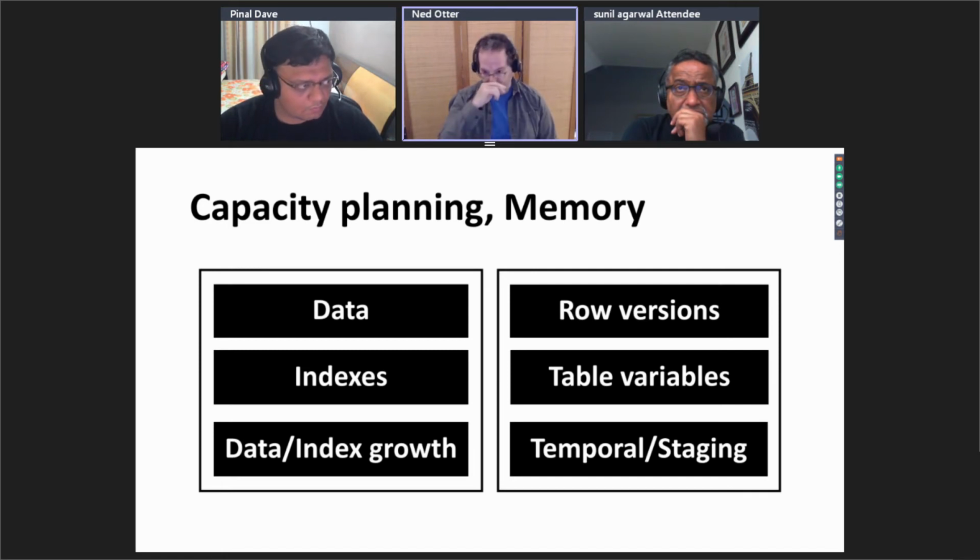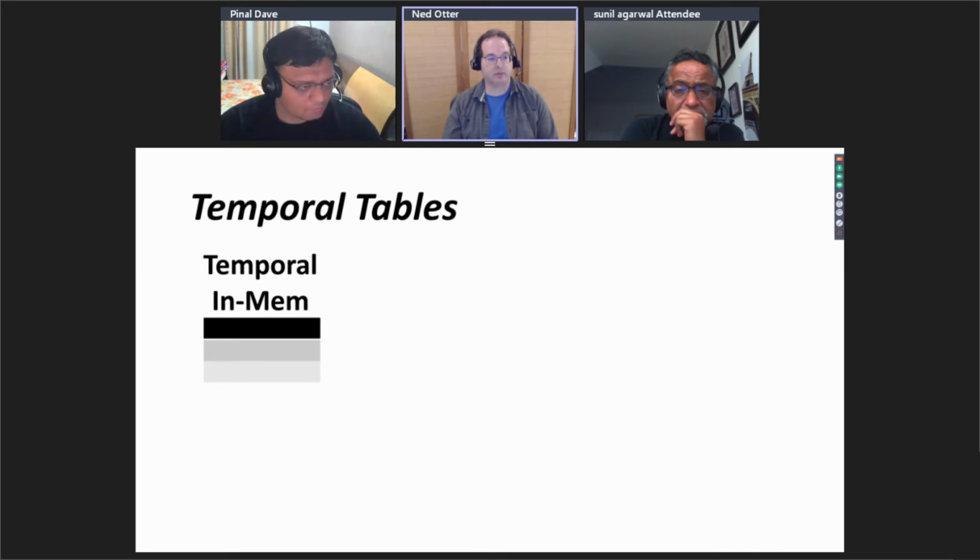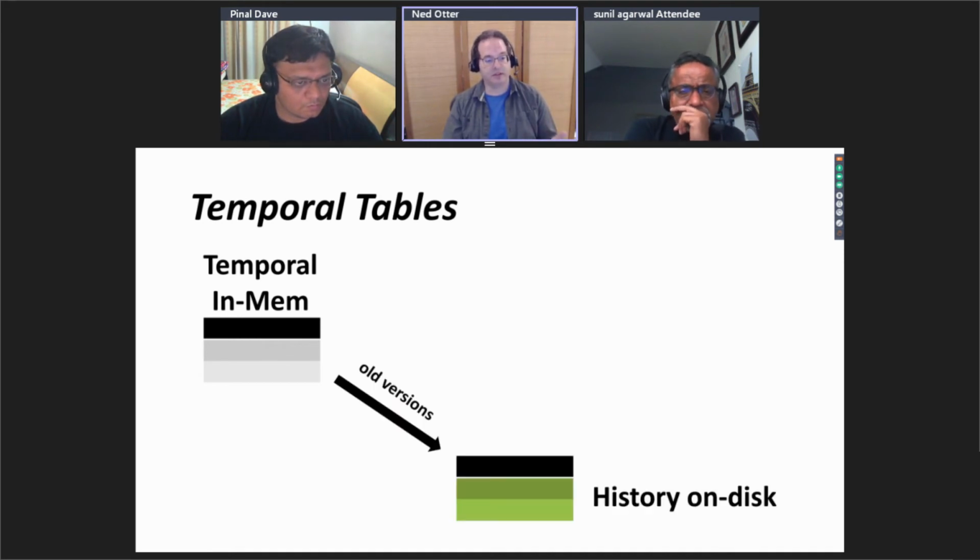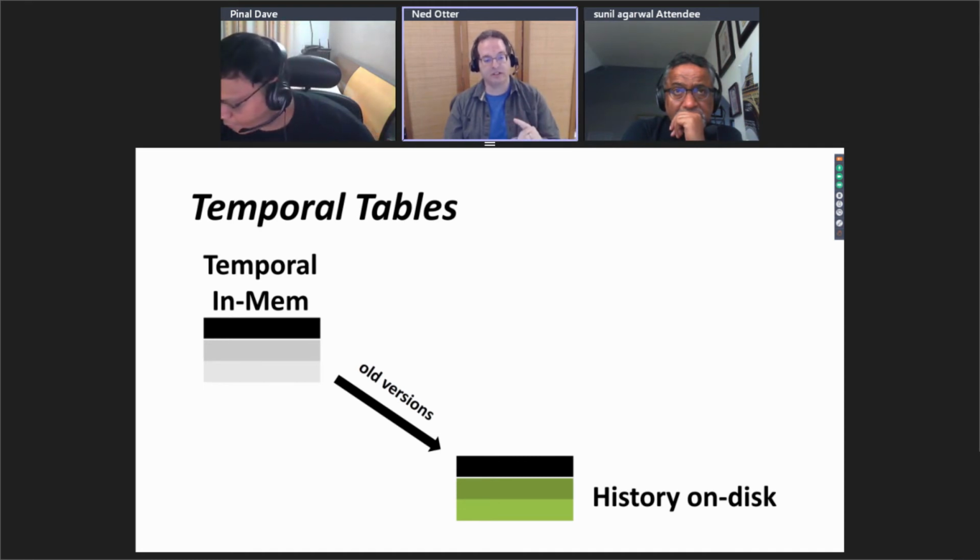I have temporal on here, and we're going to drill down into that so you can see what the potential issue is from a resource perspective. The temporal feature is available for on-disk and memory optimized tables, and the basic concept is that as you change rows in the temporal memory optimized table, the older versions are written to a history table on disk. That is a correct statement for on-disk tables. It is a correct statement for memory optimized tables, but for memory optimized tables there's one additional step in between,